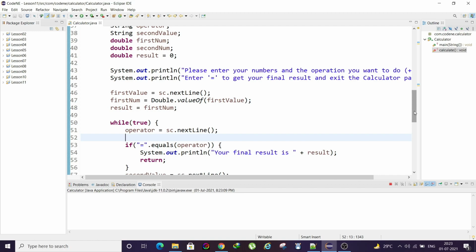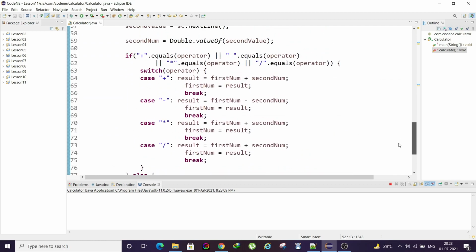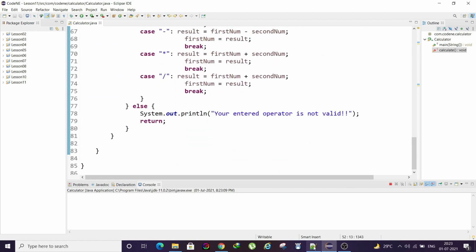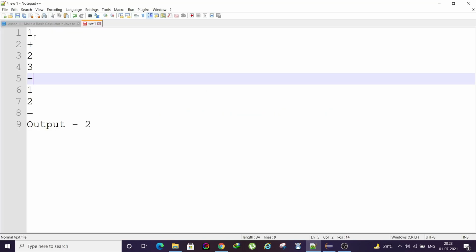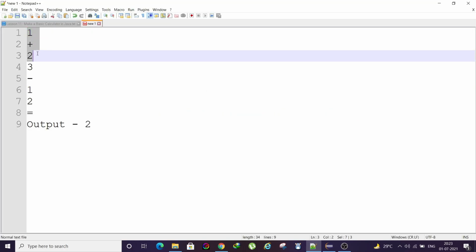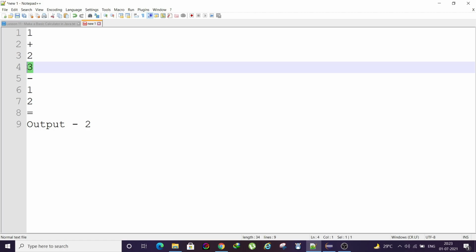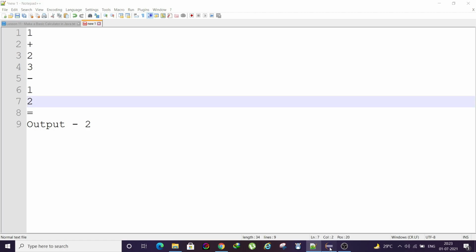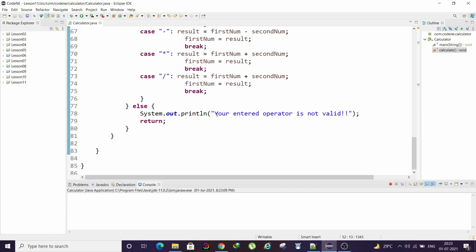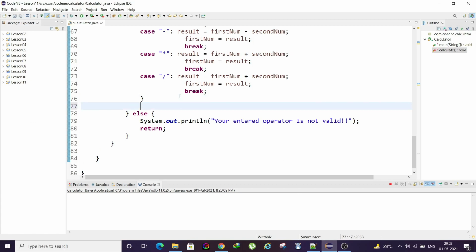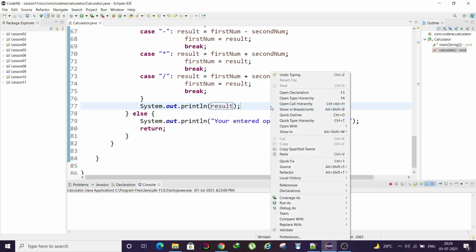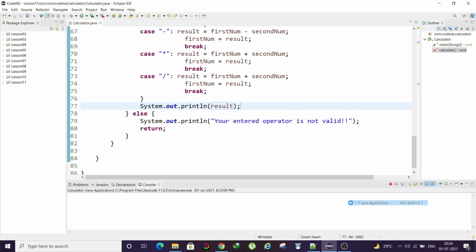We can debug the code, right? So actually there was no error. I simply forgot to show the value of the result. As per our plan, it should show the value of the first two numbers after performing the operation, but we missed that. That's why it was looking empty. So for that reason, we just need to display the result. No need of this, just display the result. Now if we run this,